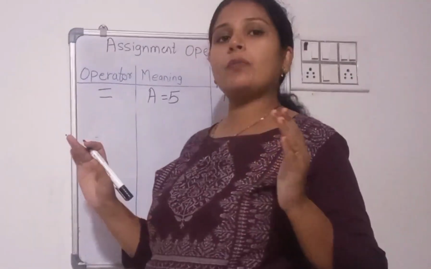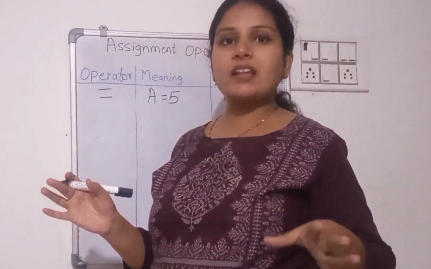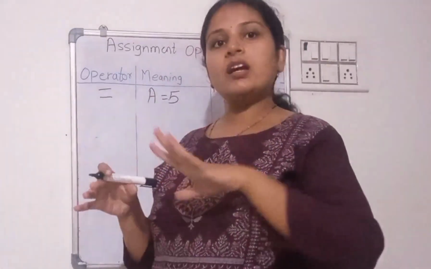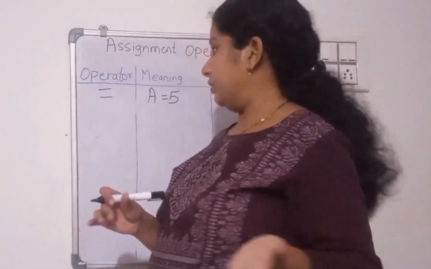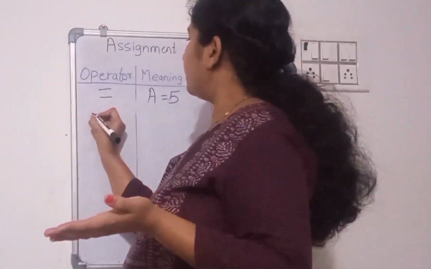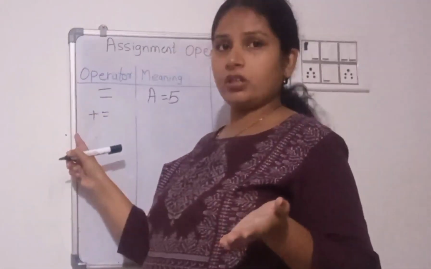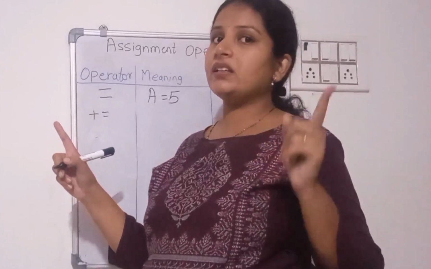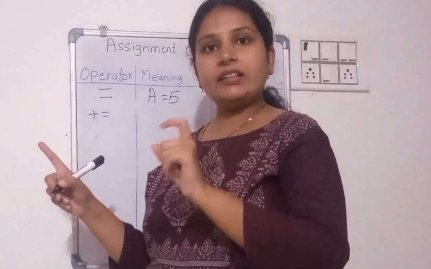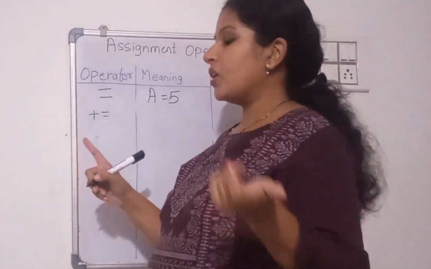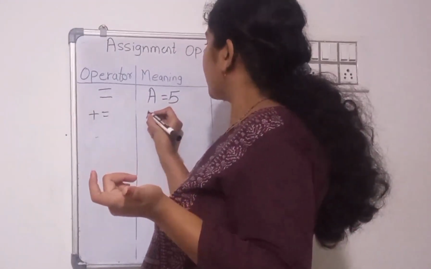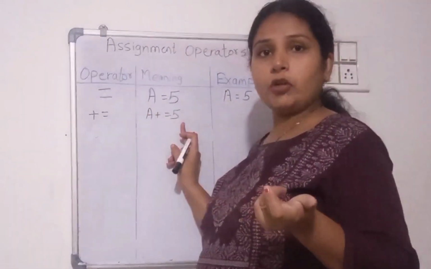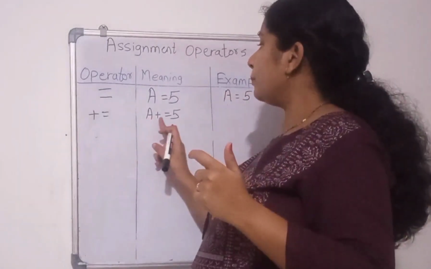Now in this assignment operator, you can use the arithmetic operators as well. You are just solving the expression and then storing the result in that particular variable only. So first we will see the plus, which is addition in arithmetic operators. Plus equal to means you are performing the addition and also assigning that result to that variable. It is represented like, suppose, a += 5. This is one assignment operator as well.